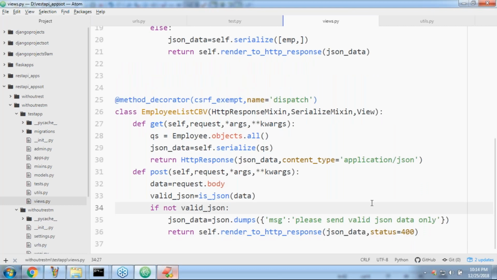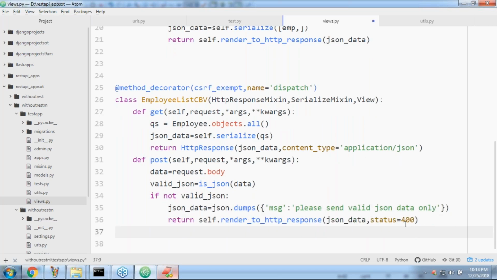Any doubt, friends? Is everyone in a position to understand, right? Now, up to this, is the functionality working or not? When will the control come to this place, line number 37?